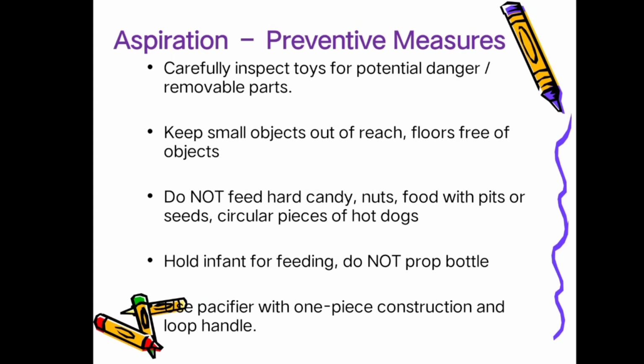In the same way, during feeding, as a caregiver, you have to sit along with the babies and assist in feeding. You have to encourage the baby to self-feed, but at the same time the caregiver has to sit beside the child and ask them to have the feed. That is the preventive measure for aspiration.